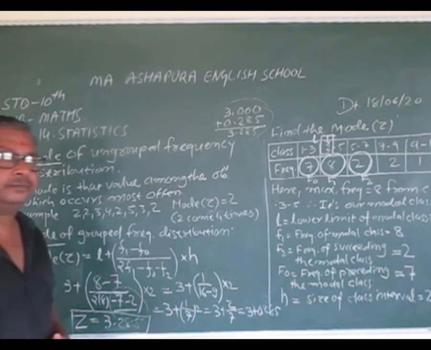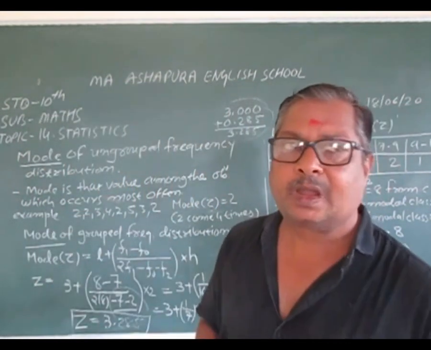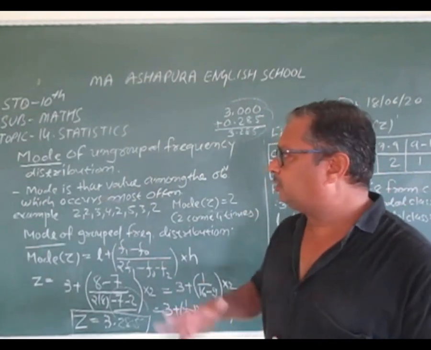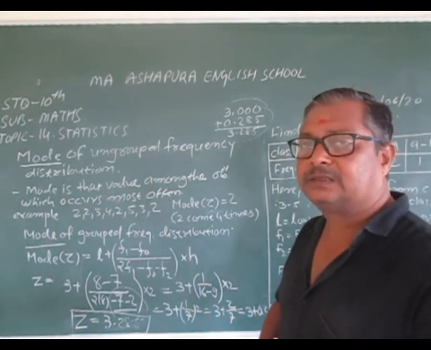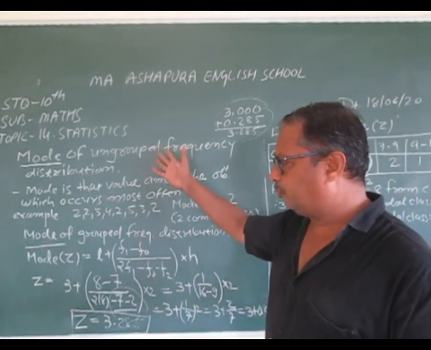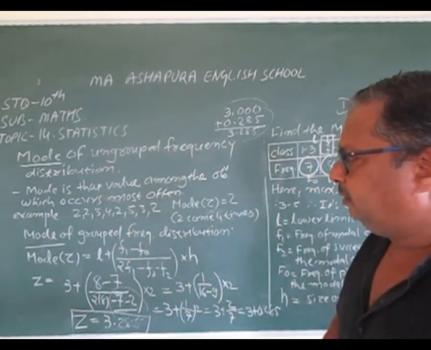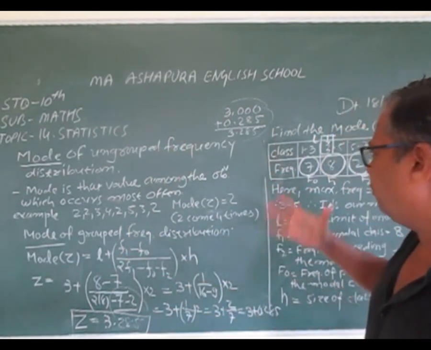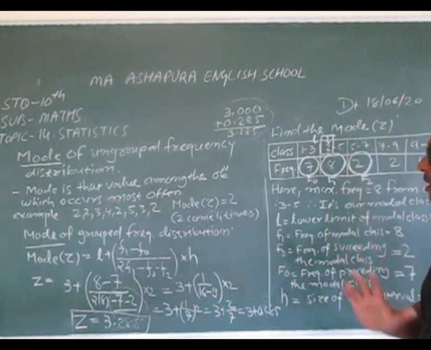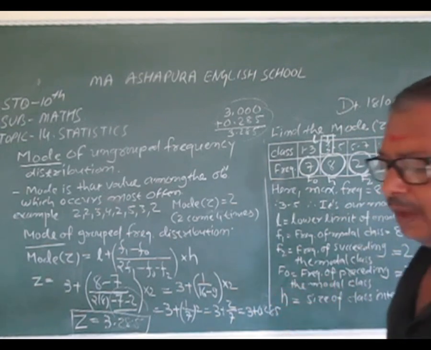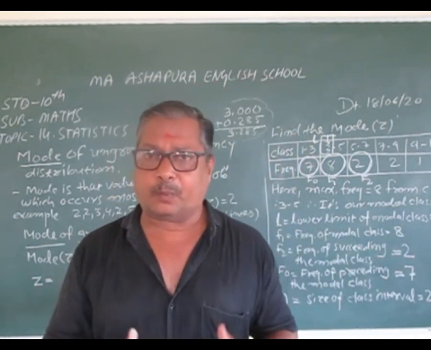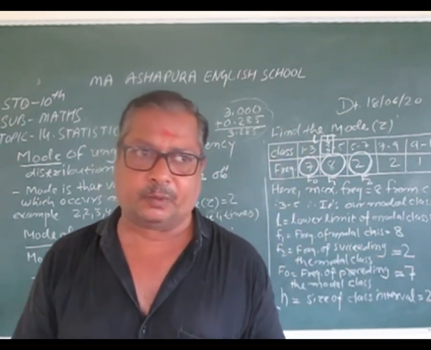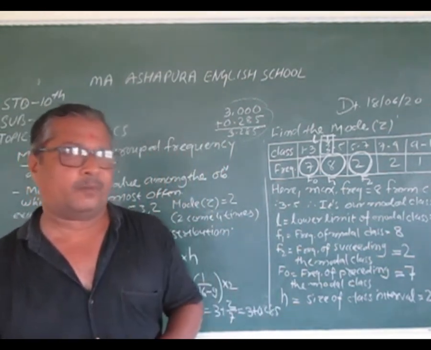Dear students, now the calculation is over. I hope you understand very well both types of measurement. Today we discussed how to find the mode for ungrouped data and for grouped data, and we completely worked through one example of how to find the mode and how to calculate it. Now it's your time. Please open your textbook, turn the page, and perform exercise number 14.2.